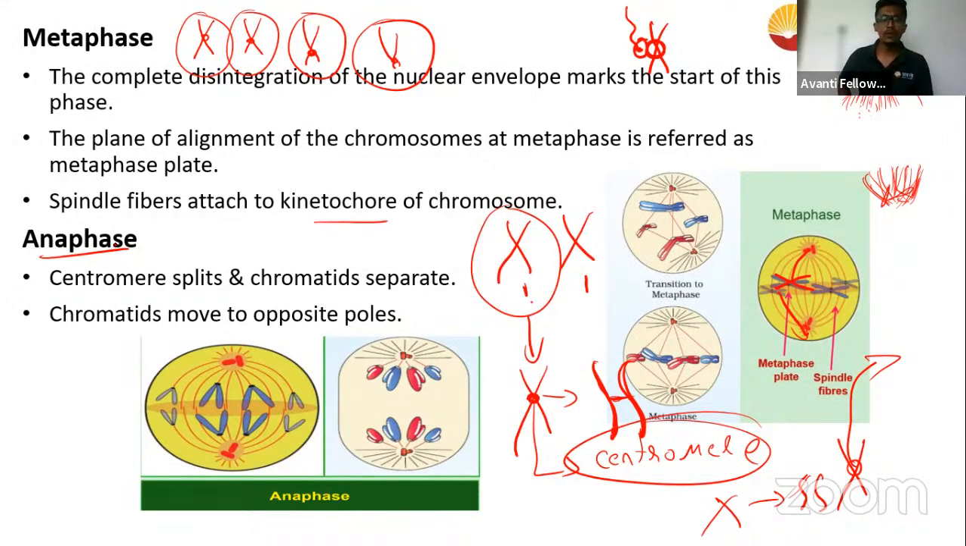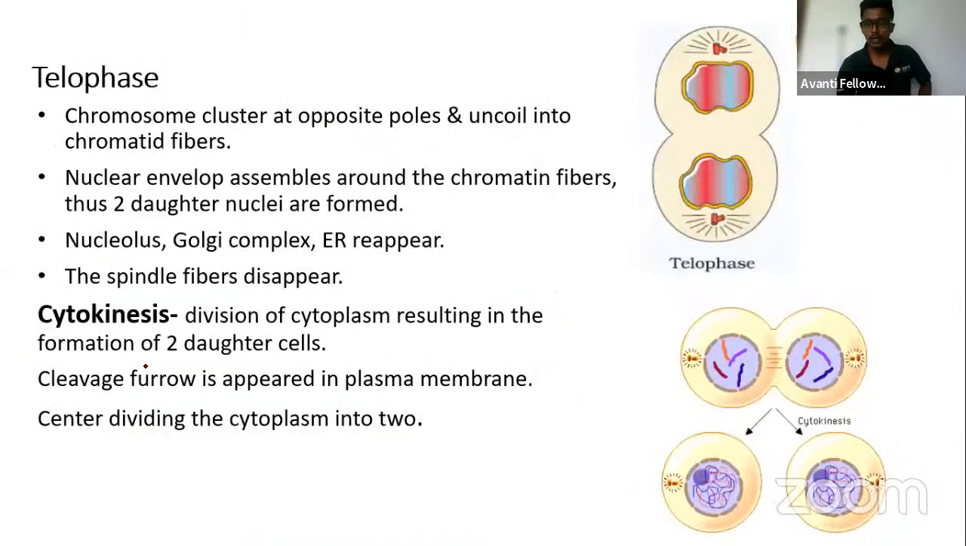What happens during the anaphase is the centromere splits. You can see here, the chromosome is an X-shaped structure held by the centromere, and it is made up of chromatids. When these chromatids are pulled apart, they get separated and move towards the opposite poles. And by the end of anaphase, what you can see is